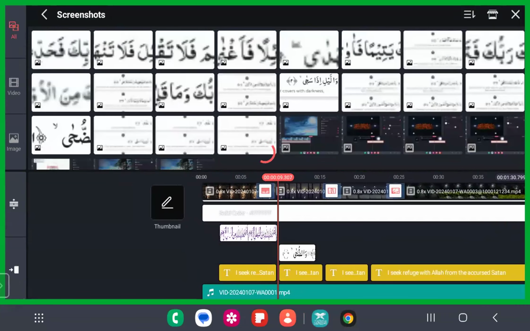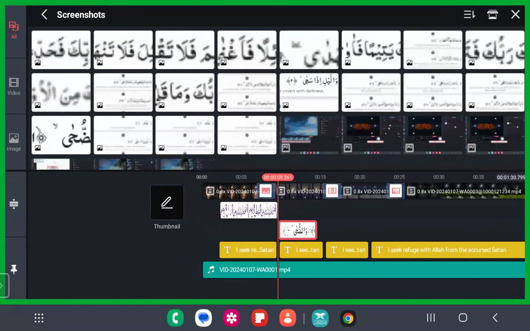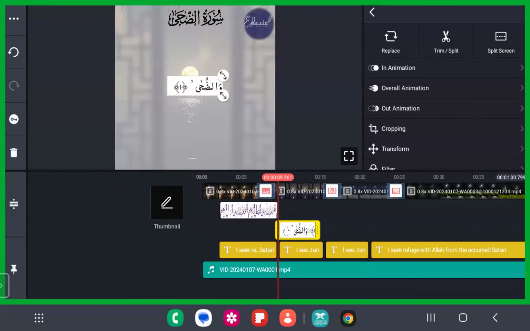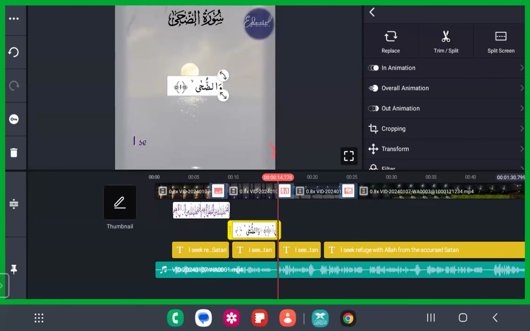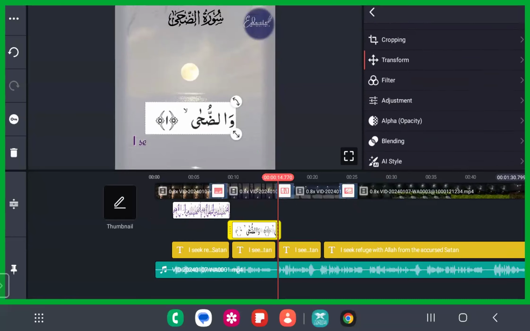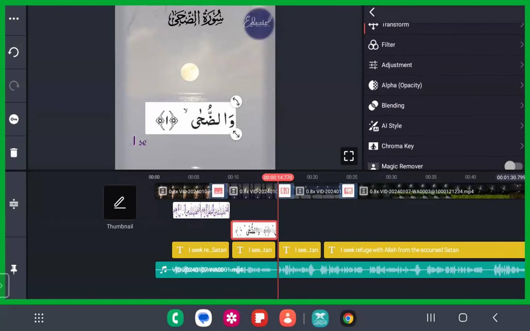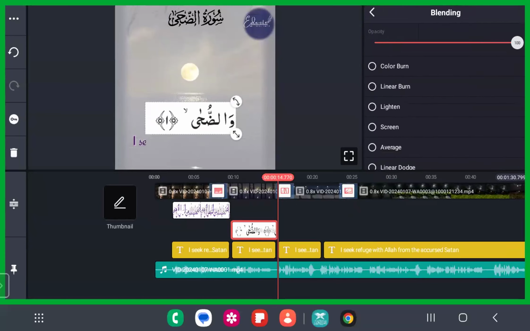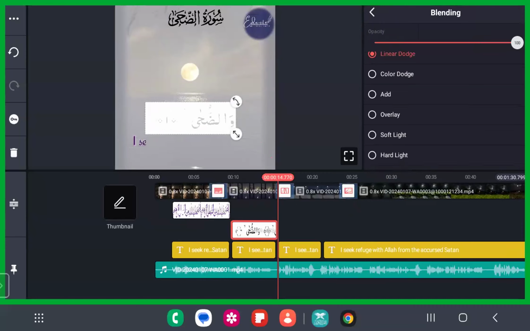So this is actually a good font, so we'll take this. How to assign this? From here till here, because Duha appears from here till here. So just increase it. And how to remove the background, just the same as previously. How did we do it? You go to the adjustments or blending option, or you can just go to the green screen. Try it with the green screen. Inshallah it will work for a few of them, and if it won't work for a few of them, you just try it out. It's based on the accuracy of the KineMaster, that's all.